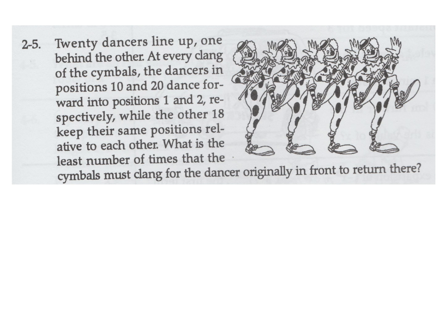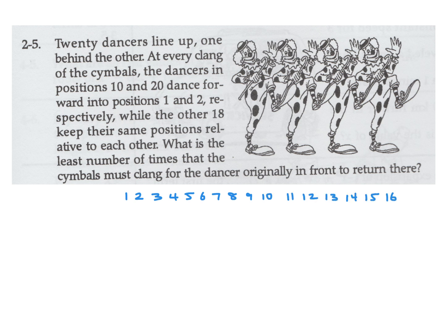"20 dancers line up one behind the other. At every clang of the cymbals, the dancers in positions 10 and 20 dance forward into positions 1 and 2, respectively, while the other 18 keep their same positions relative to each other. What is the least number of times that the cymbals must clang for the dancer originally in front to return there?" Oh boy, so we got 1, 2, 3, 4, 5, 6, 7, 8, 9, 10, 11, 12, 13, 14,